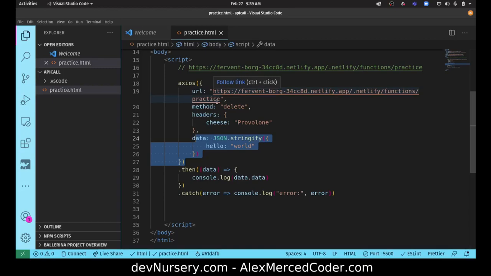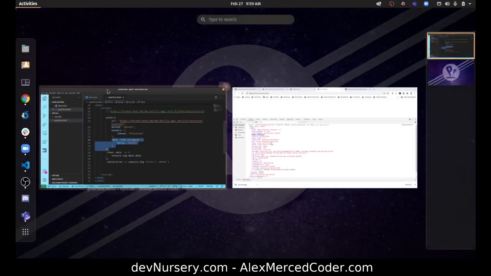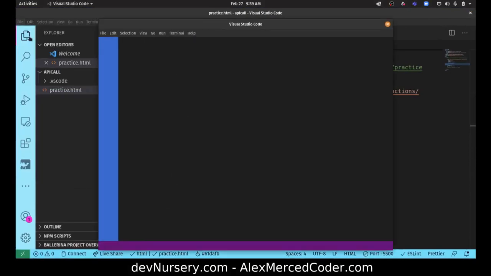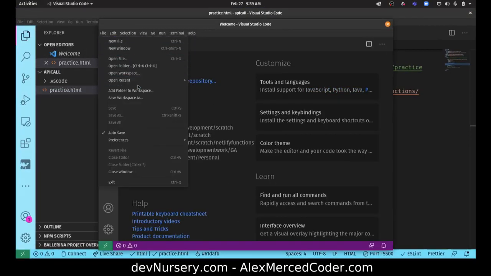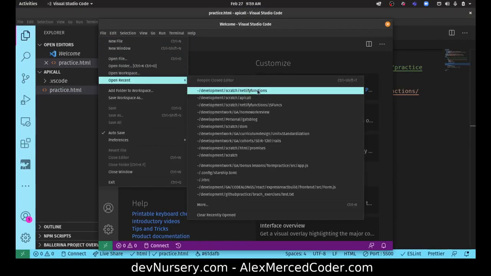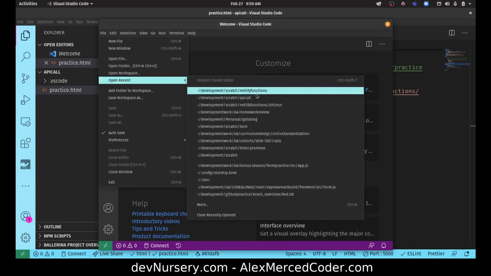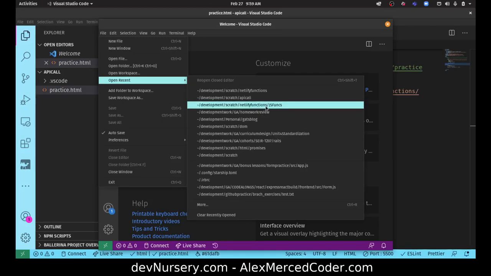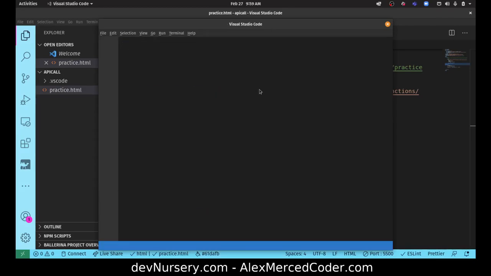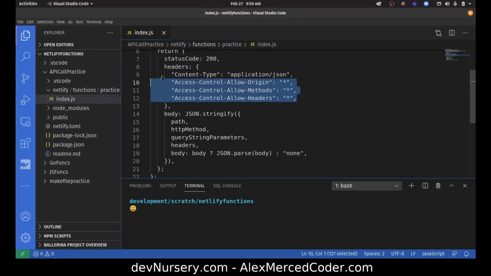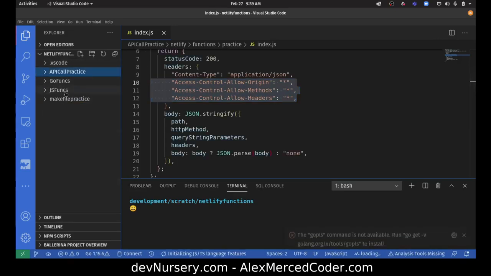Now, I did mention that I would talk about how you can get around possibly a CORS error if you want it. So let's do a few things. I'm gonna go back, open that window again. So if I were to go back to my Netlify functions folder, what you would want to do